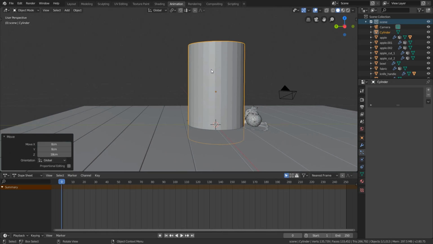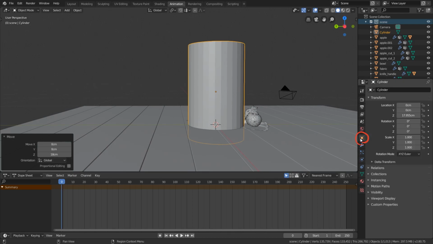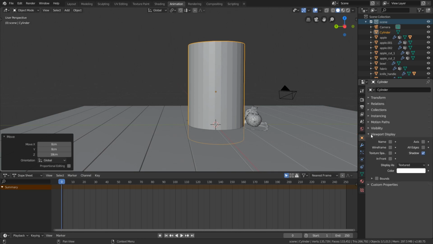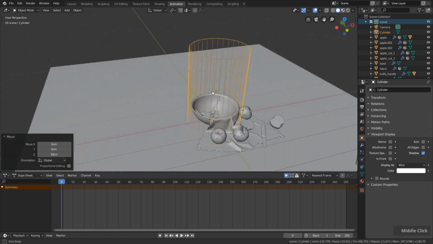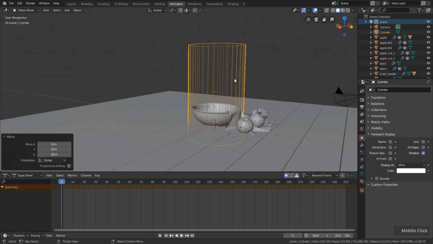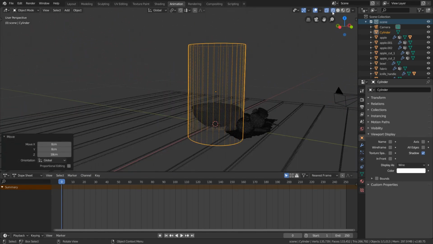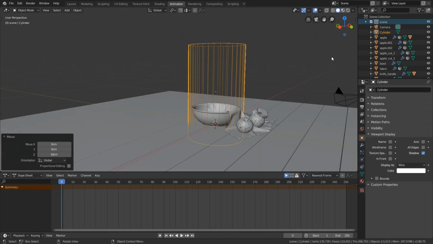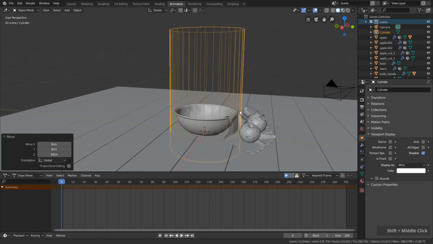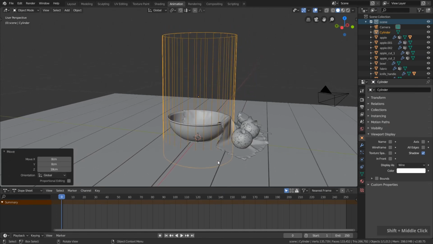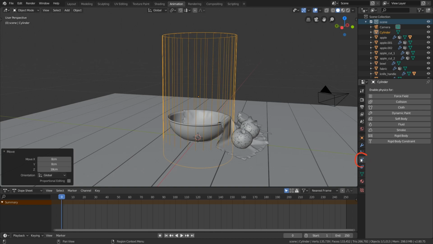So let's select the cylinder, go to the Object tab, go to Viewport Display and set the display as to wire. Now this object will be displayed as wire, similar as if we go to the wireframe view over here, but now this is restricted to this one object only. And now in order to make the physics work, we basically have to tell Blender what object should play what role in the simulation. So let's select the cylinder and go over to the Physics tab, and let's add a